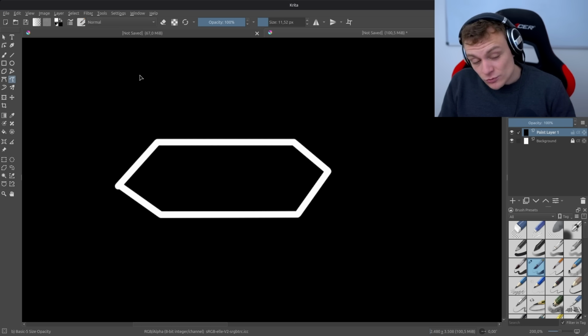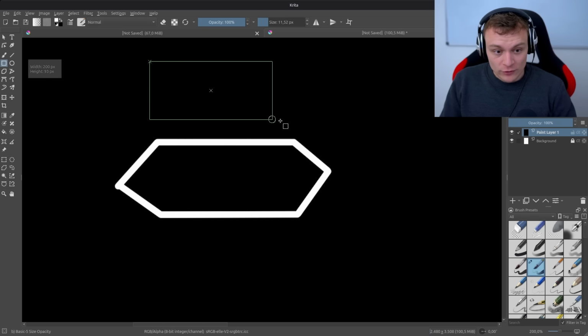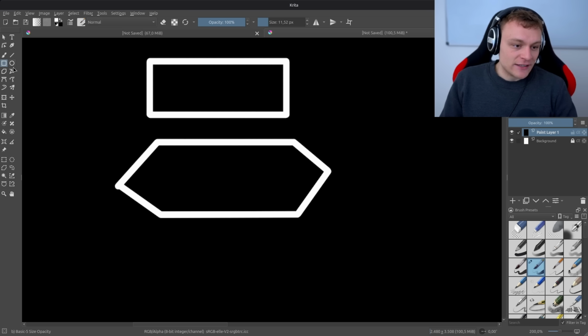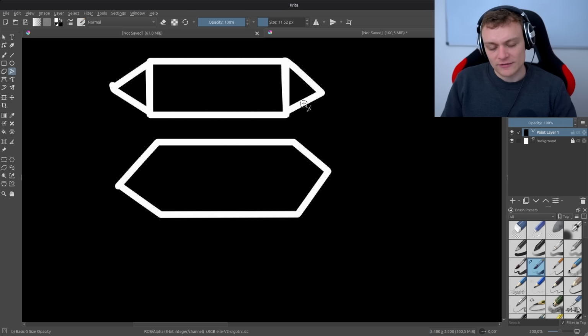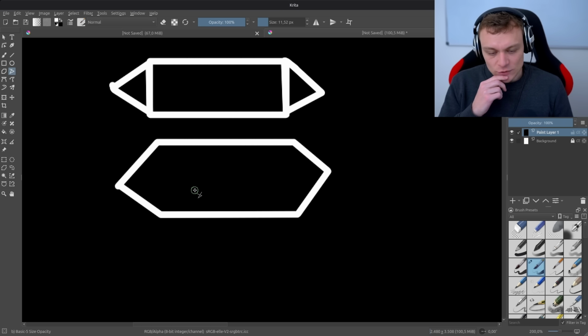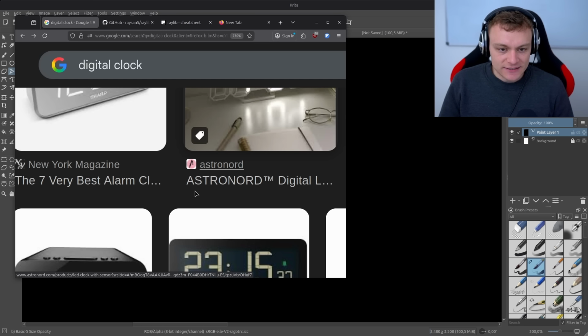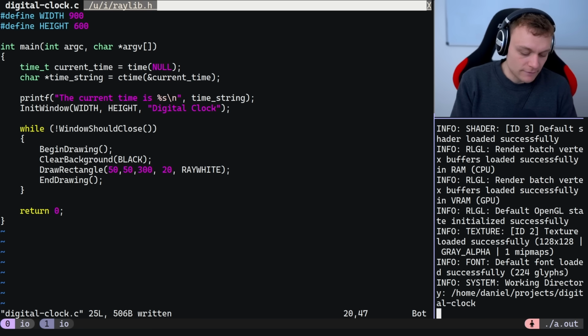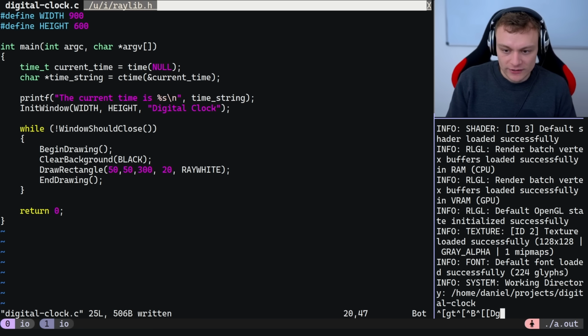So we could do this a couple of ways. We could either draw a rectangle first, and then we draw a couple of triangles here, like this and like this. This would effectively give us this shape down here. But there's a nicer way to accomplish that, and that is using the, let's have a look at the Raylib